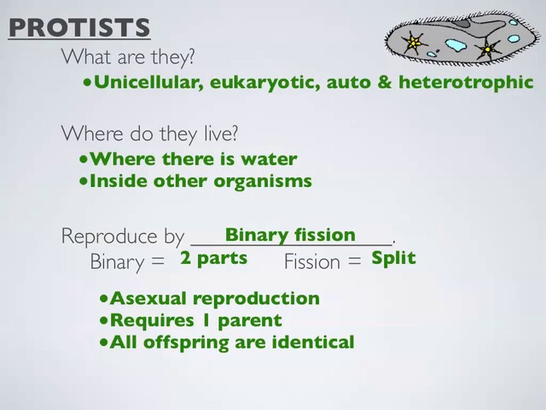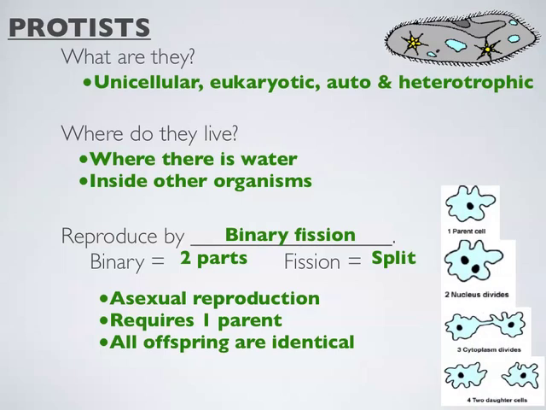Also, some species of protists can actually reproduce sexually. So, for example, some Paramecium can line up with another Paramecium, swap parts of their nucleus, and reproduce, and that's a form of sexual reproduction where you have two different organisms sharing genetic information. But many reproduce asexually. And here you have a diagram showing an amoeba. The first step is for the nucleus to copy itself, and then the rest of the cell can sort of split into two, and you end up with two organisms when you started with one, and they're identical to the